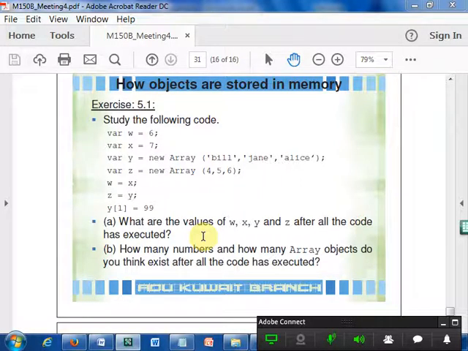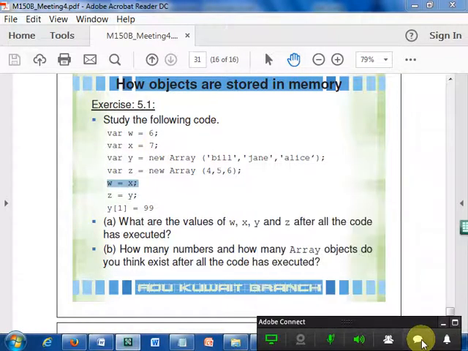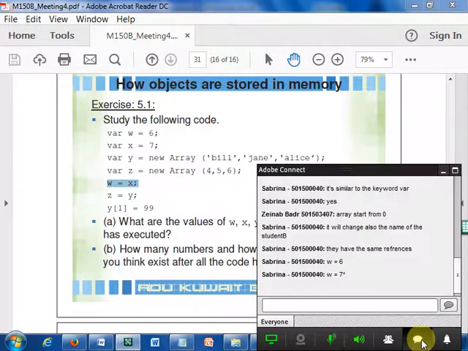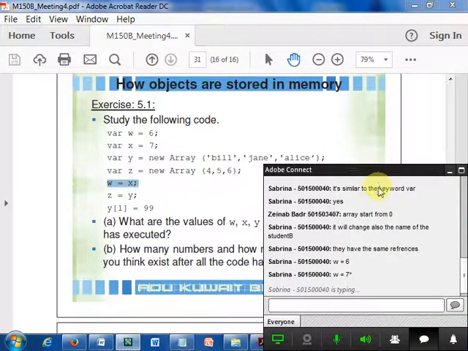It is 7. Why? Because you are making a change: W is equal to X. What is the value of X? 7. So W becomes 7. Then what is the value of X? X remains 7. Then what is the value of